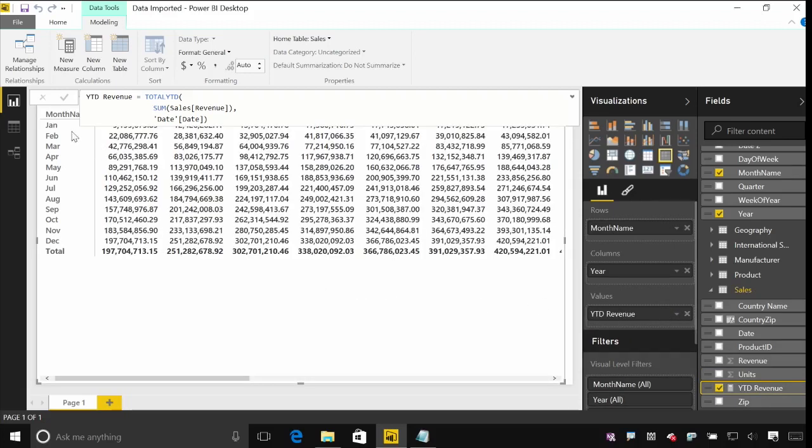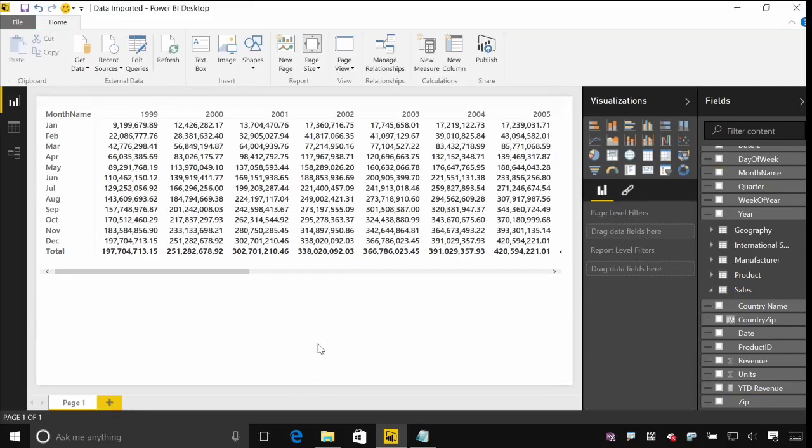And now I can see my report has got a running sum across all of the different months, adding up to a total at the bottom of the year. And you can see this was sliced by year. Let me just close this out of the way. You can see this was sliced by year here, but I could equally go and recalculate this for any other